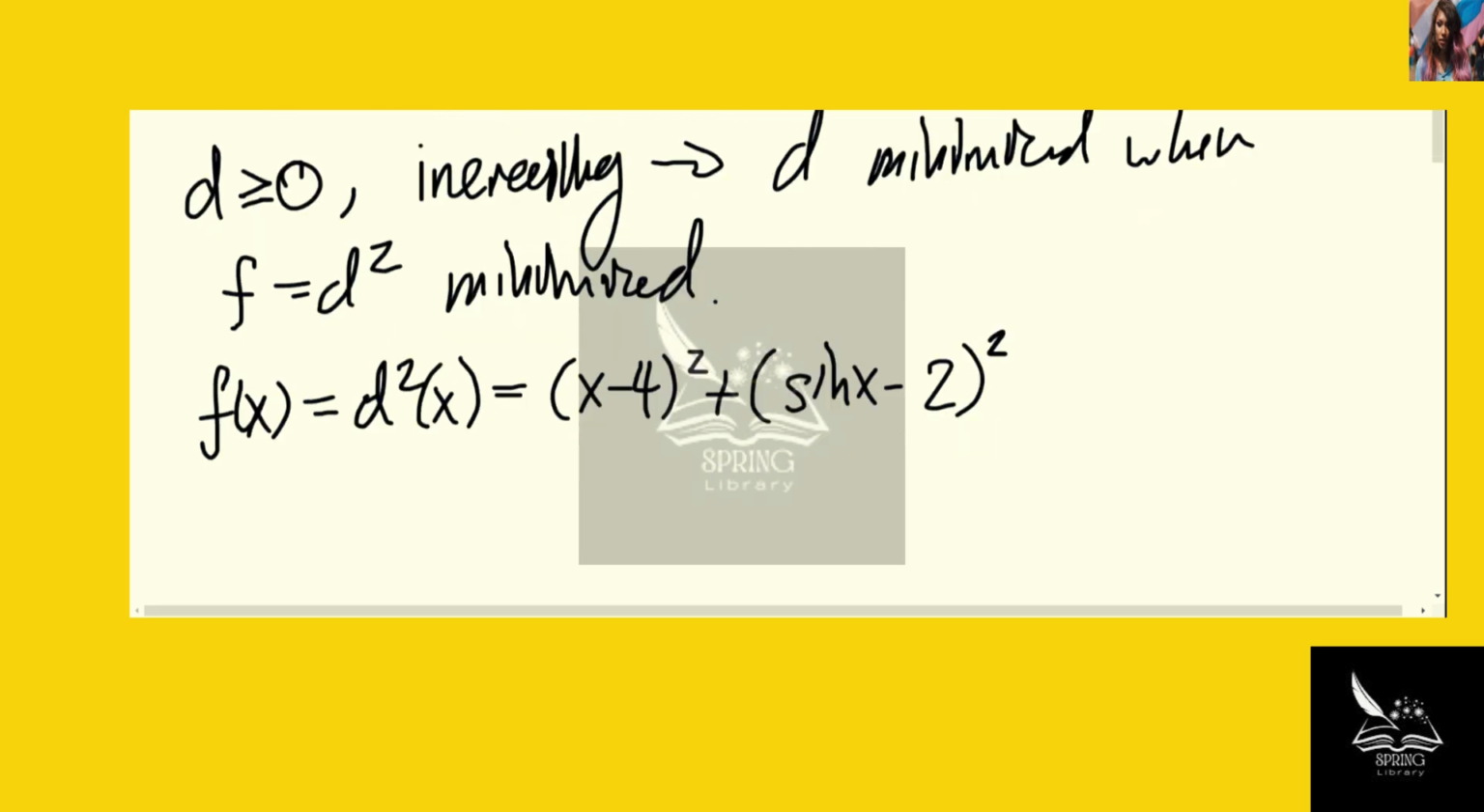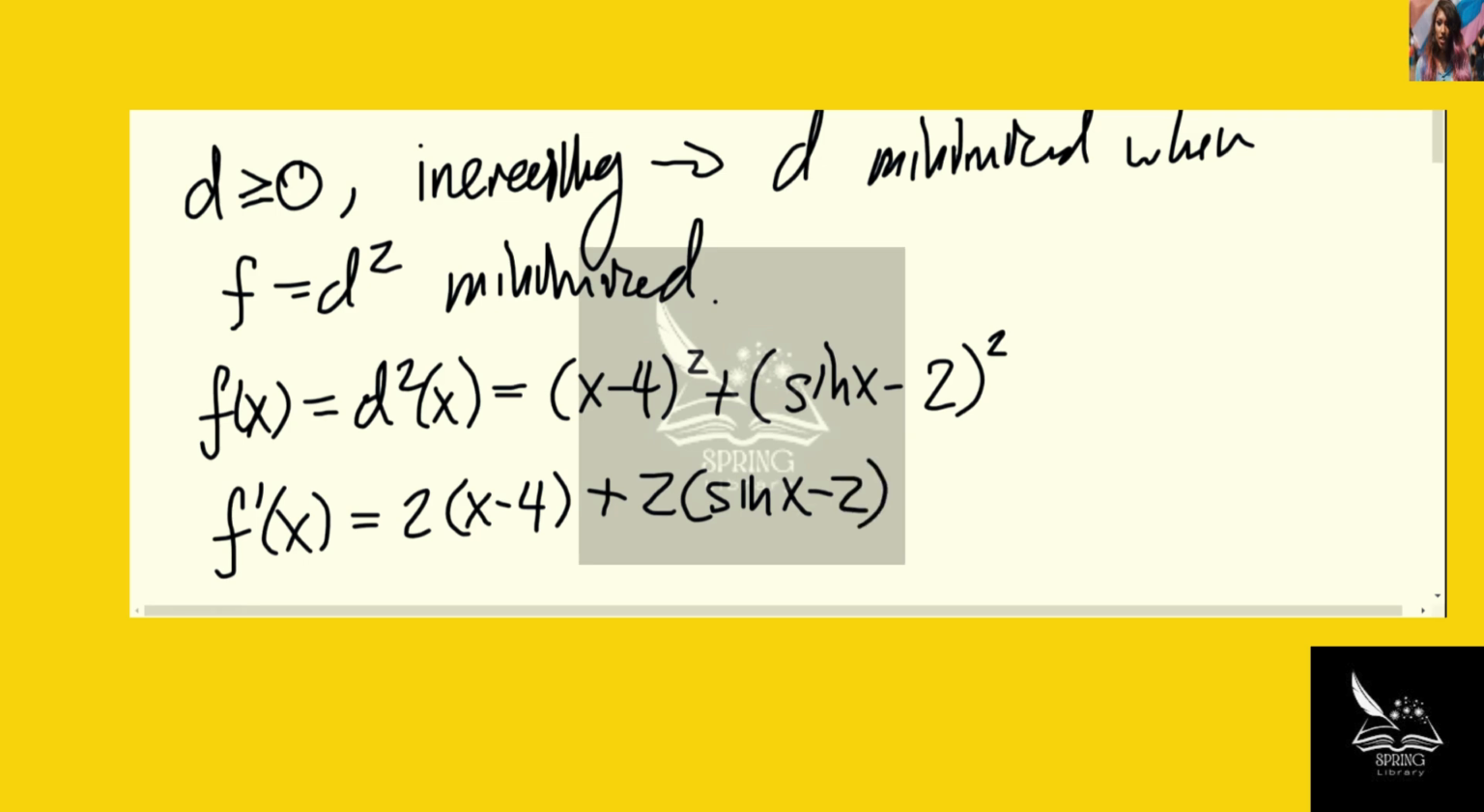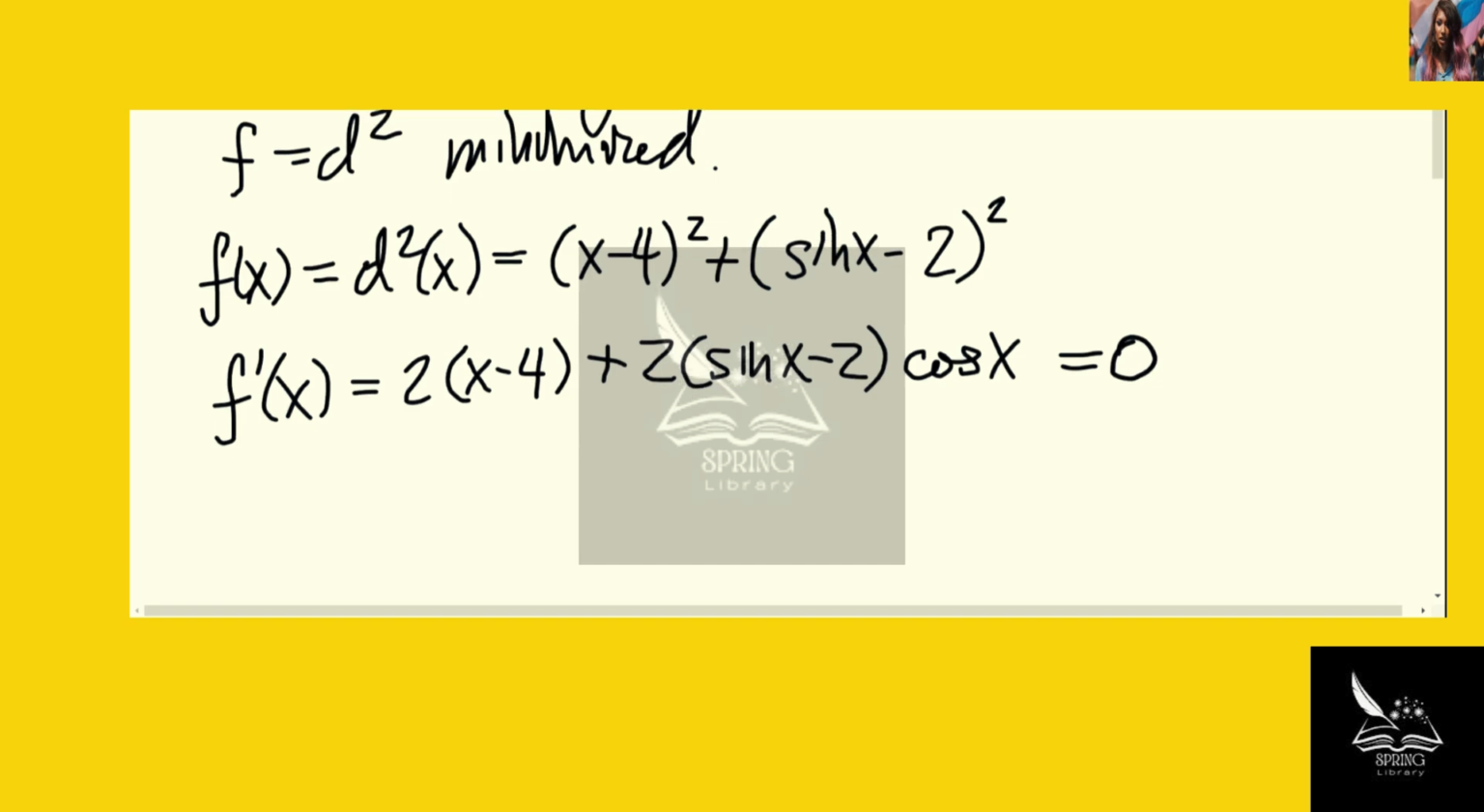Now, to find the coordinates of the point closest to (4, 2), I'm going to take the derivative, f prime of x. So this is 2 times (x minus 4) plus 2 times (sine x minus 2) times the derivative of the inside, which is cosine of x. And then to find critical values, I set this equal to 0. So we actually end up with a trigonometric equation, which is not really easy to solve. However, if you do solve it,